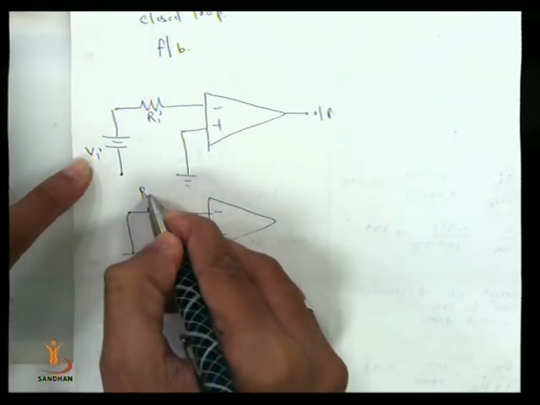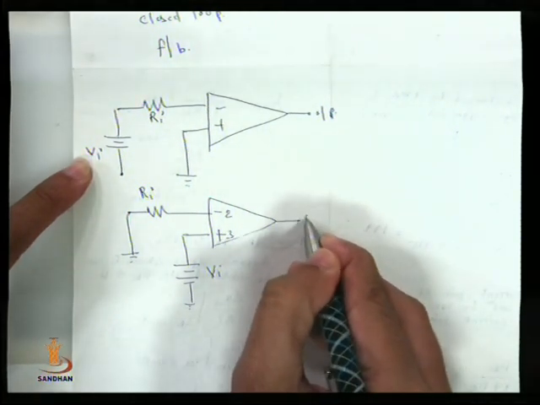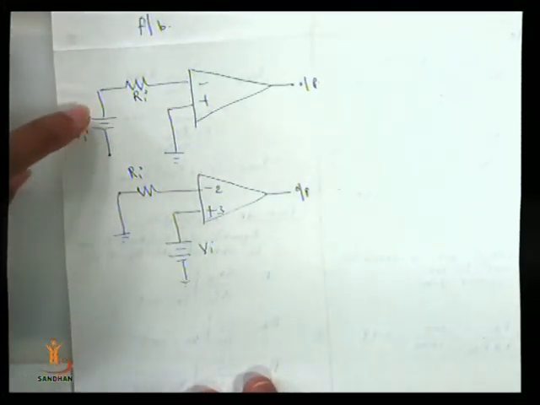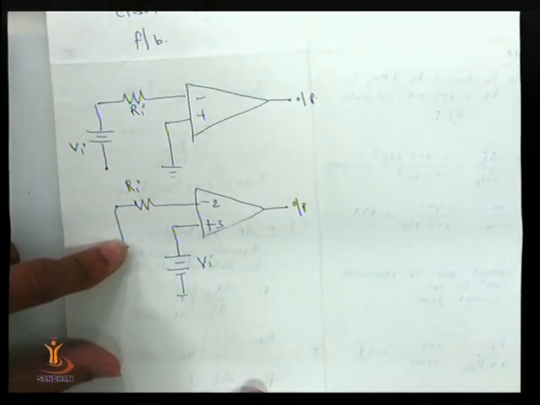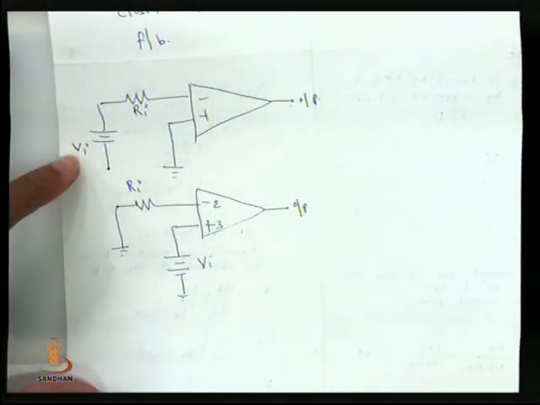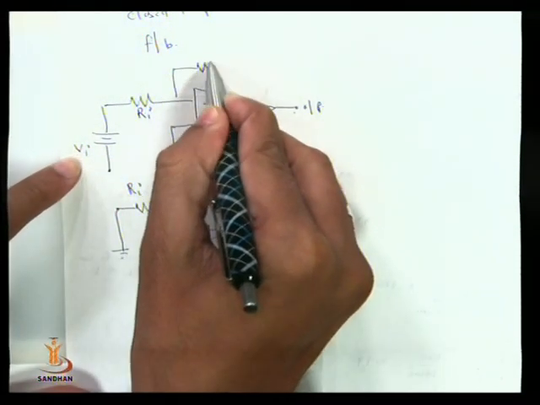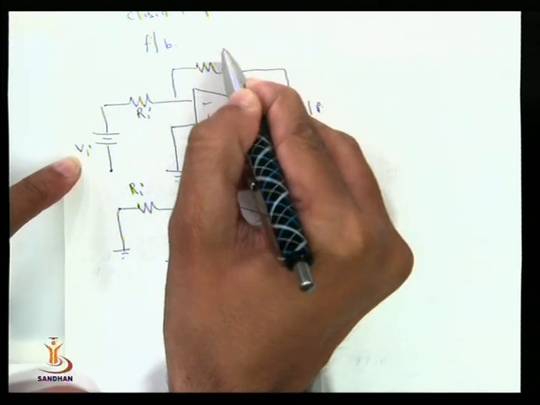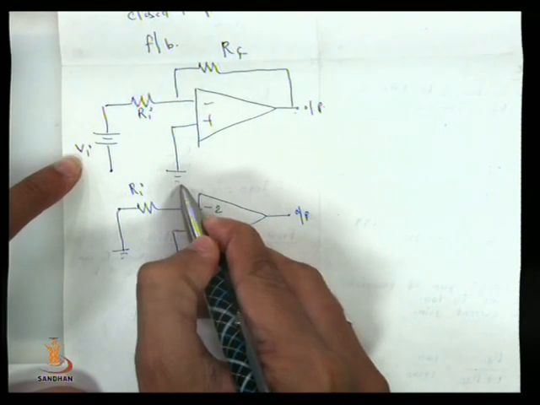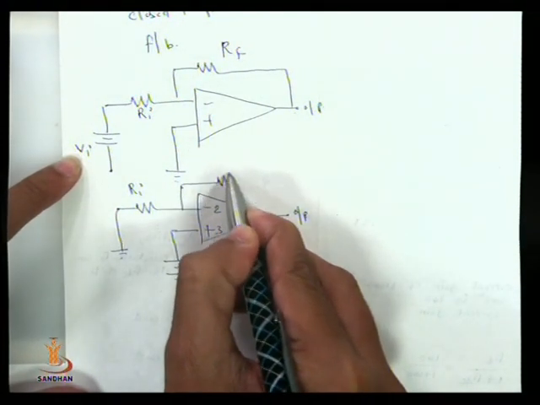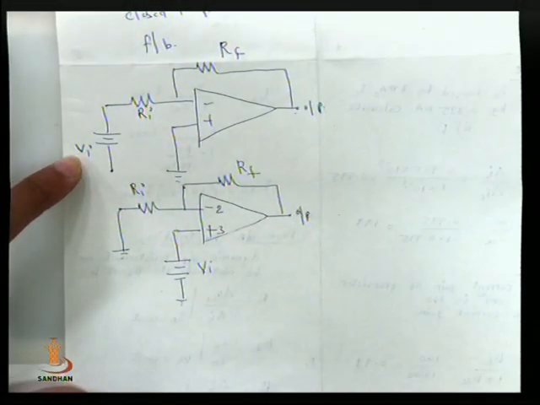Here is Ri, Vi, the 2 number and 3 number terminals, and the output terminal 6. These two configurations I have drawn are open loop configurations. What is open loop configuration? I am not giving output back into the input. If I connect a feedback resistor, known as RF, then this becomes the closed loop configuration of the op amp. In this second one, the non-inverting configuration with feedback, I may connect it like this.